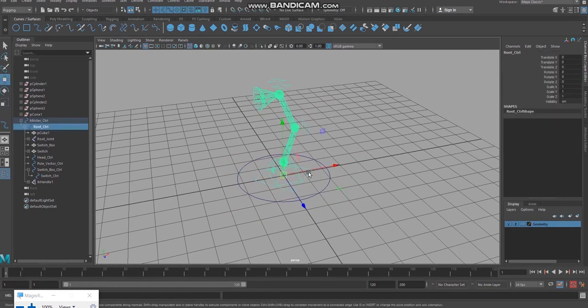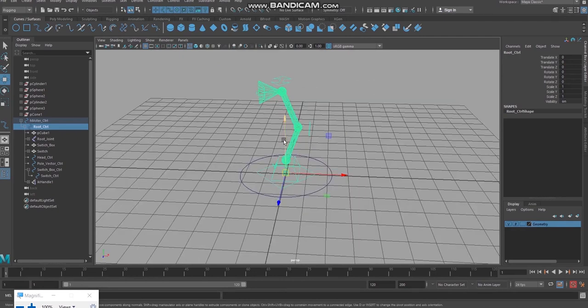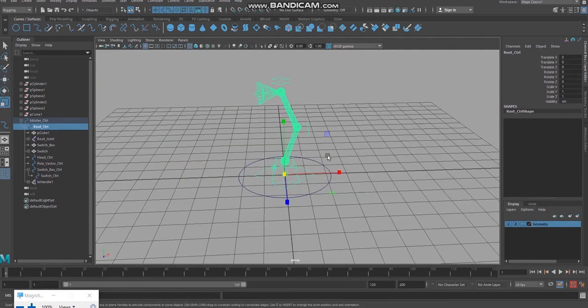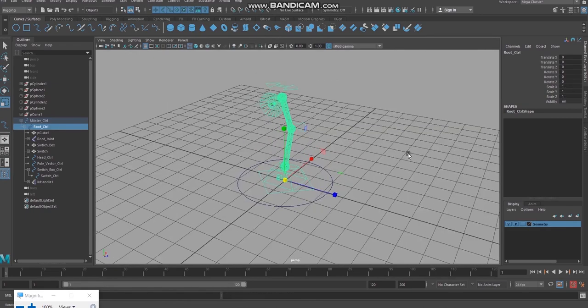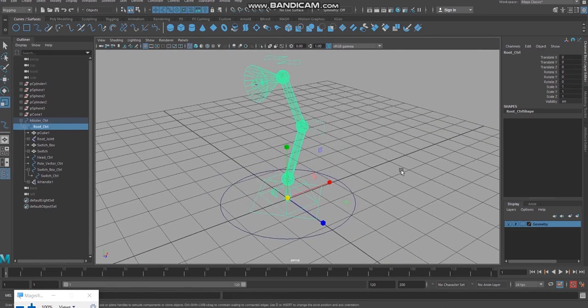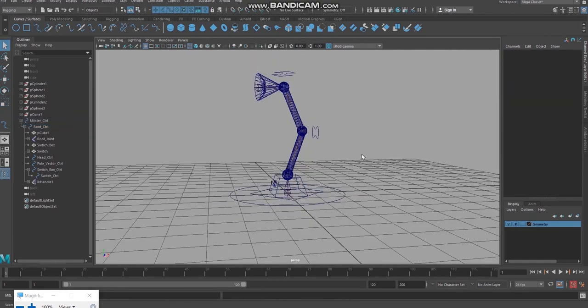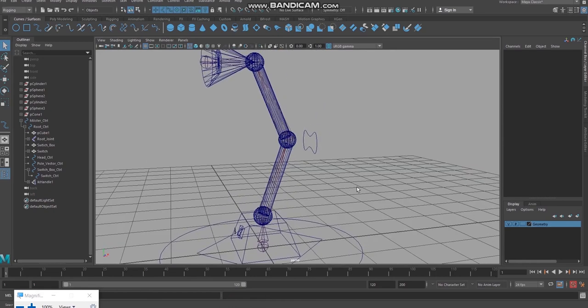And this base control is for animating. So from here I am going to animate it like this, jumping, jumping, jumping. So for that we need base control or root control. So I hope all of you understand today's work.